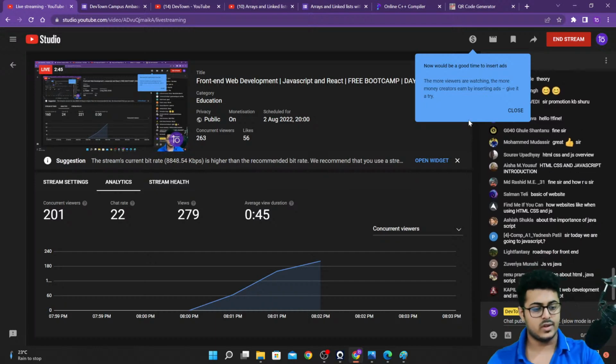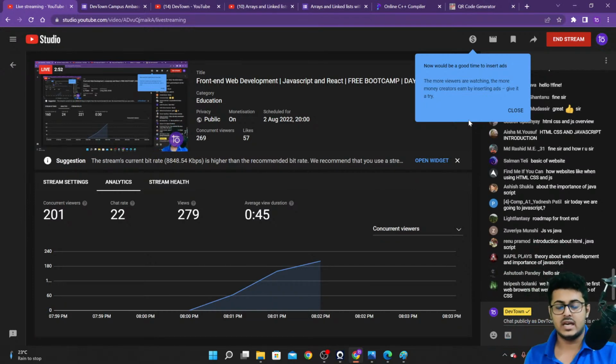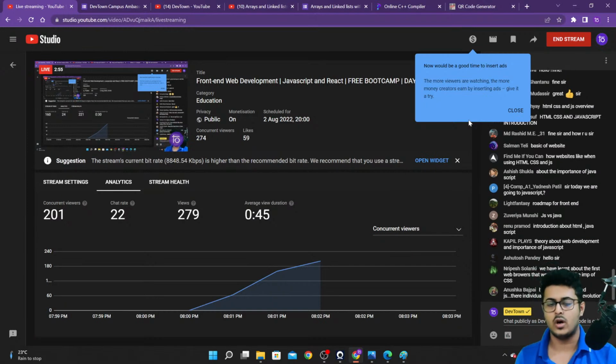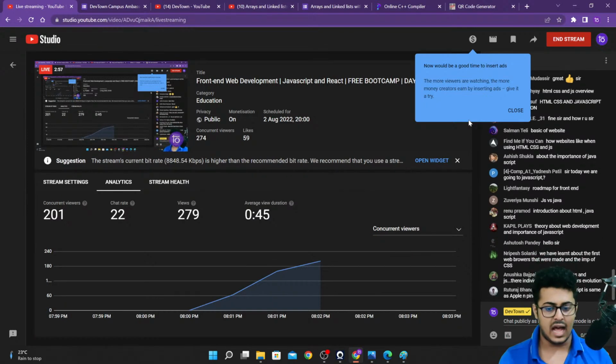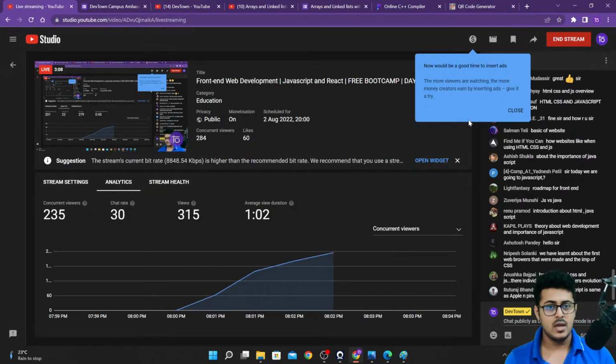Now, today's class, we are going to start off with JavaScript. Our main focus will be learning the language first of all. Those who don't have a laptop or a desktop right now, don't worry about it, just listen to what I'm teaching. The majority portion we will be requiring a laptop, but when we shift to React JS, there will be no use of a laptop. You could code the entire thing from your mobile phone, so you don't need to worry about it.